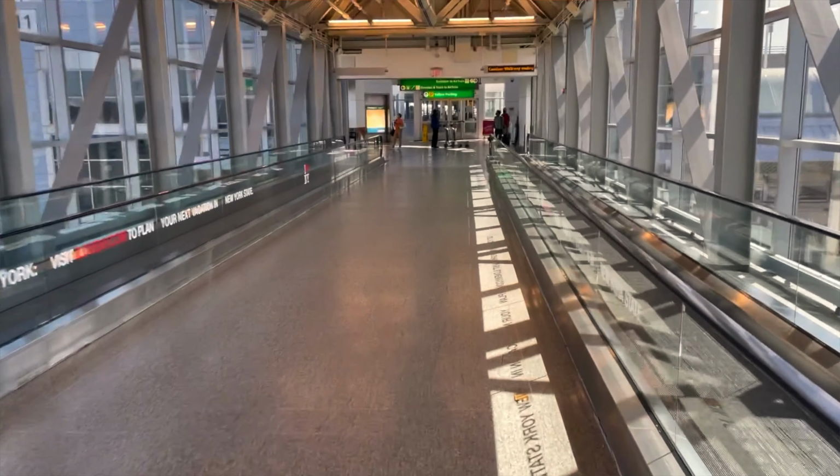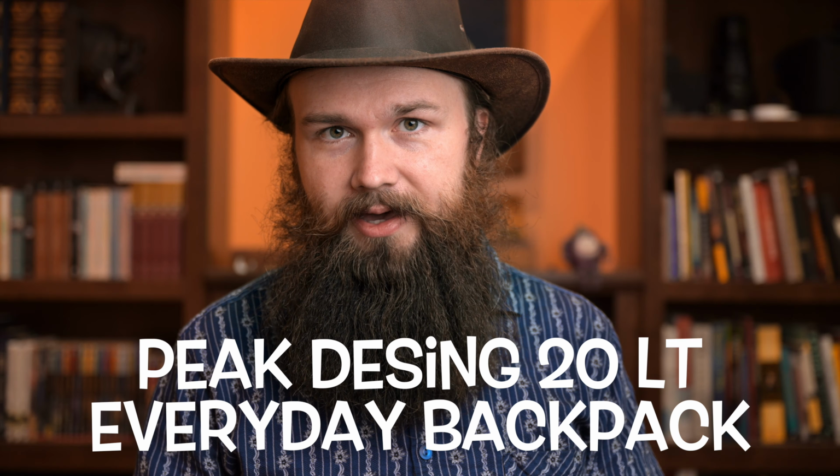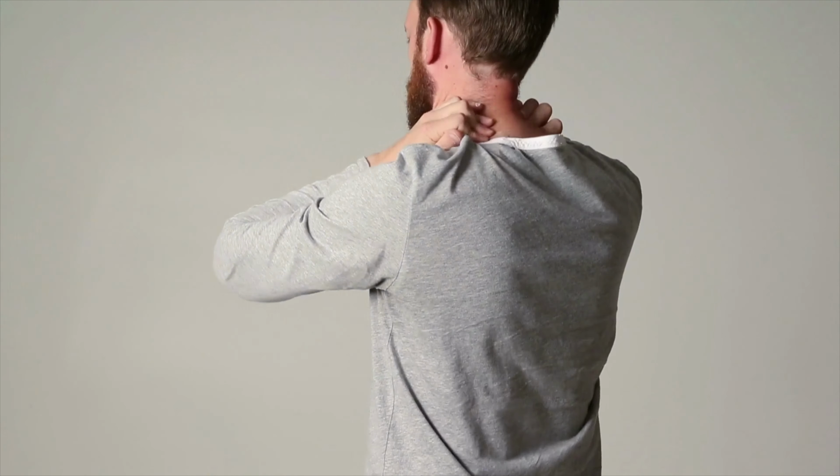The last time I traveled to New York City was about 2 years ago, and for that trip I chose to take the Peak Design 20-liter everyday carry backpack. Now that is a great bag. I love the design and utility of it. I loved pretty much everything about it, except for one thing. It really killed my shoulder. I ended up developing some serious neck pain and headaches as a result of carrying that bag around the city